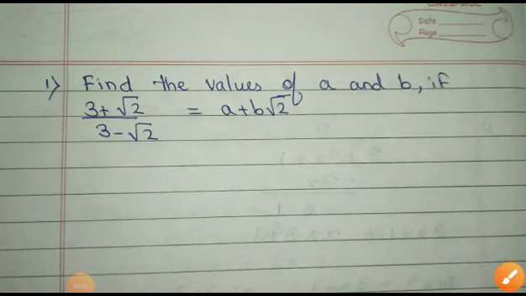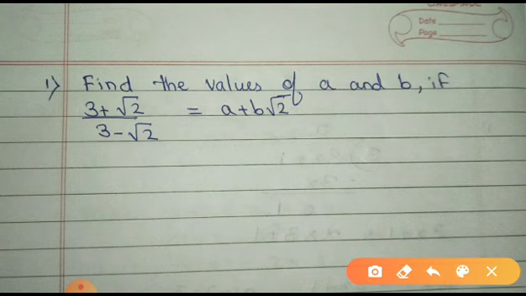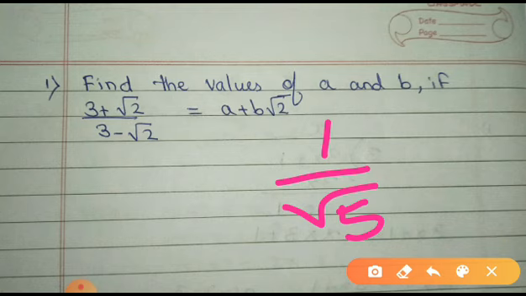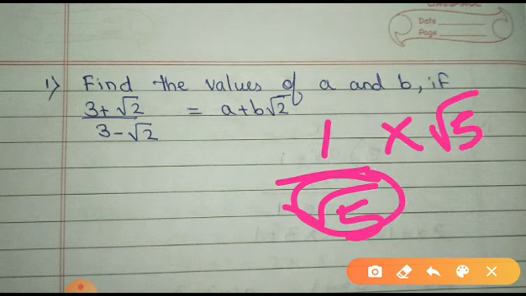Hello children. In the previous video, we have seen how to rationalize the denominator. Yes, you remembered what is rationalization? What we need to do is, if the denominator is not a rational number, make that a rational number. Suppose I have 1 by root 5. Now this is a monomial, so directly I have to multiply with what? Denominator is a monomial, so just multiply it by the same number itself. So I'll be getting root 5 by 5.